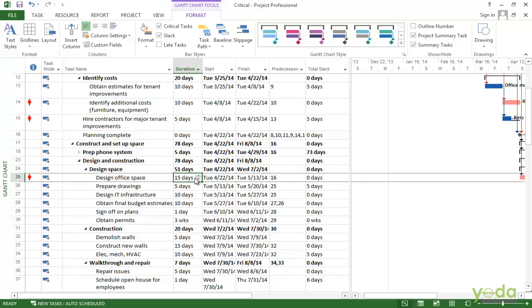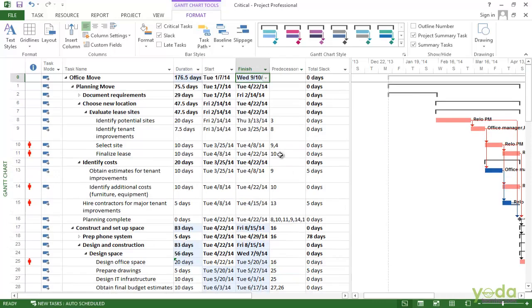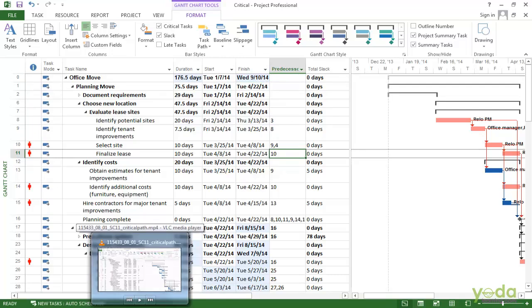So I change the duration to 20 days. Changing that changes its finish date and it directly affects the finish date of the project. So here the date changes to the 10th of September 2014. That's why the critical tasks are so important.